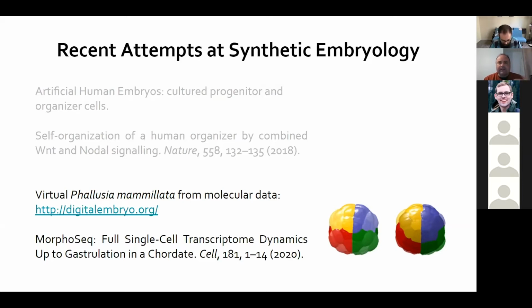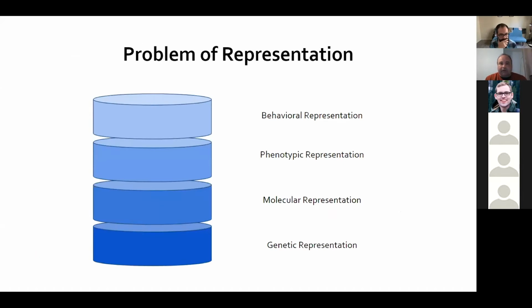So you can see it's sort of scattershot, and some of our attempts are maybe a little bit less integrative than we'd like, but that's basically where we're going. But we also have this problem of representation, and I think we think of biology as being as descriptive as possible, but in our case, we have to think about this at different levels of representation. So each thing, from behavior to genetics, has its own level of explanation, level of representation.